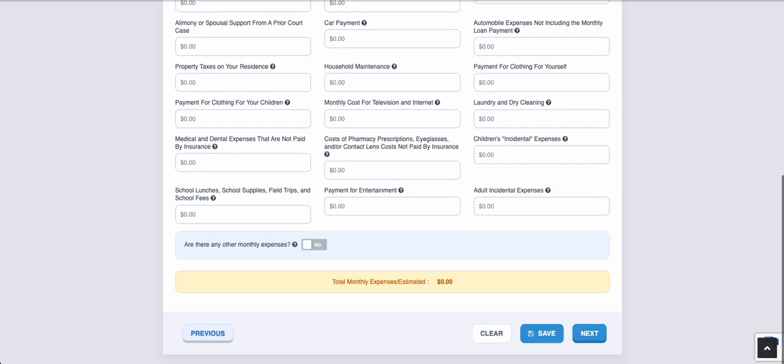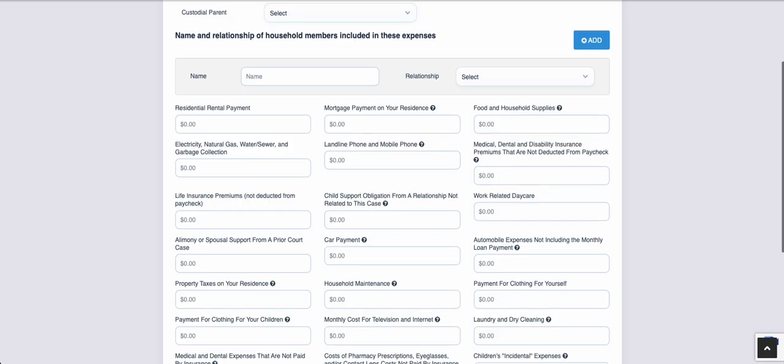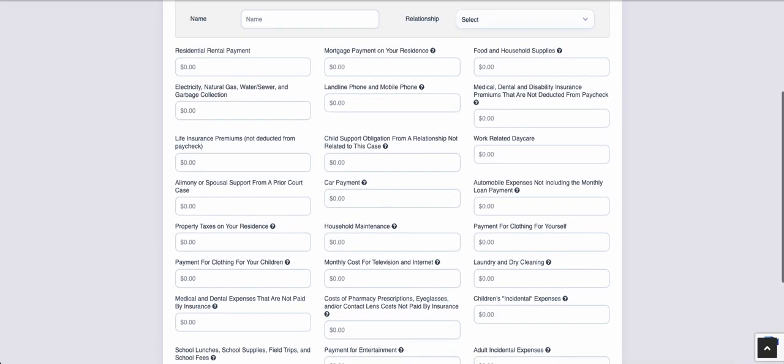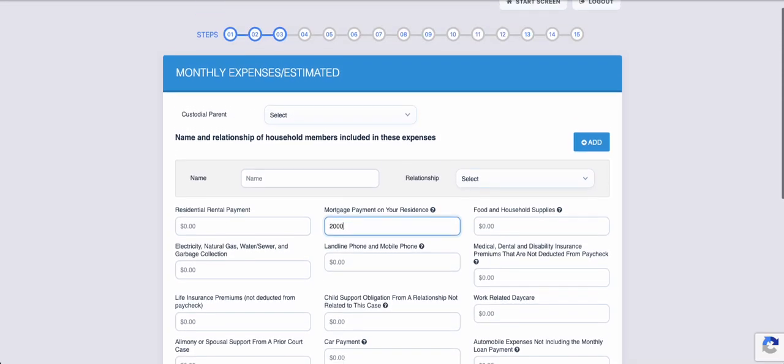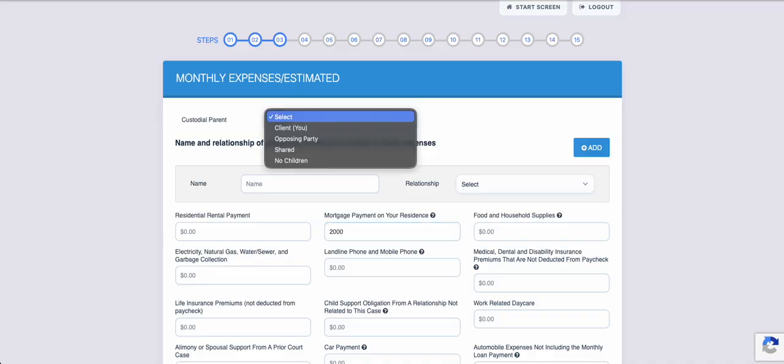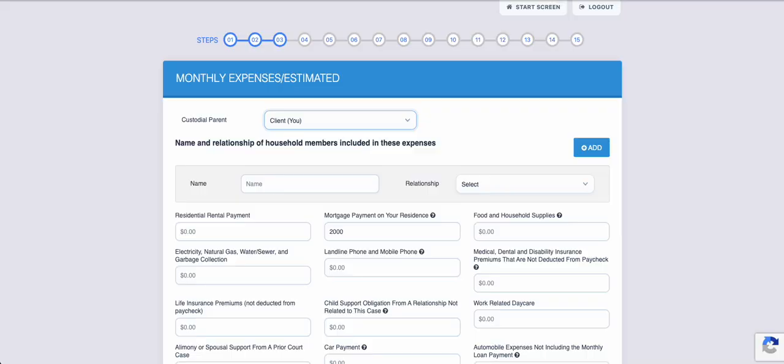This is the monthly expenses screen. You're going to see things like rent, mortgage payment, food, household supplies, life insurance, any other alimony or support paid. All of these categories break down information provided to detail those anywhere these question marks are located. And then once again, let's just say as an example here, if you have a $2,000 a month mortgage payment, you would enter that. Also have the ability, if you're a parent and there's a child in the matter, that if you were the custodial parent, you can enter that you were the custodial parent, enter the name of a child,